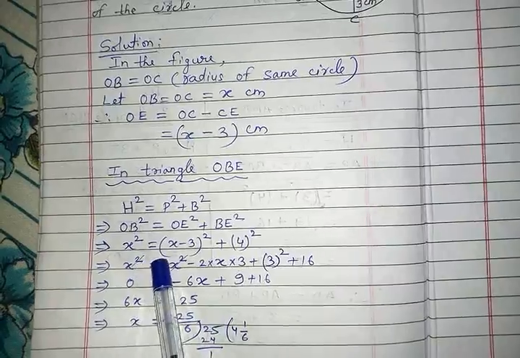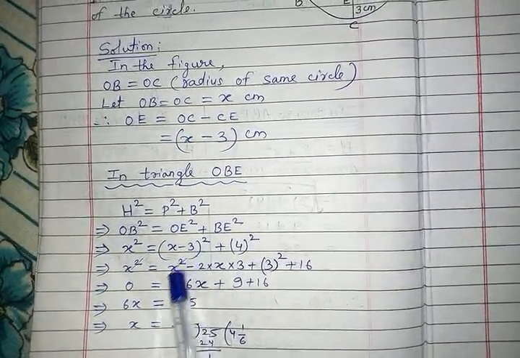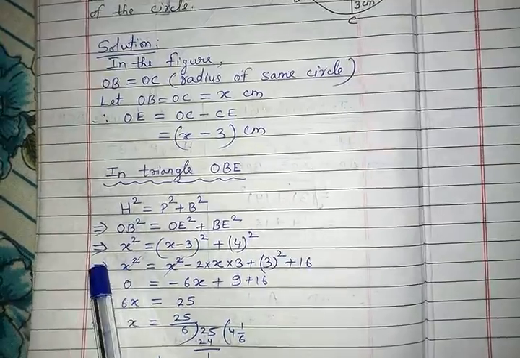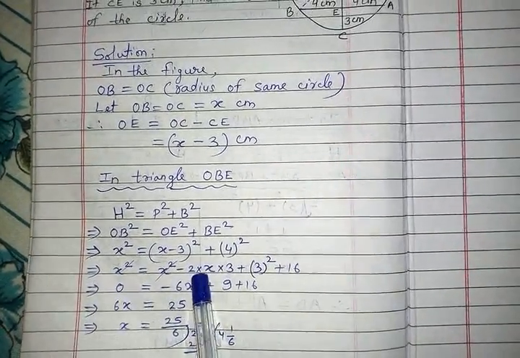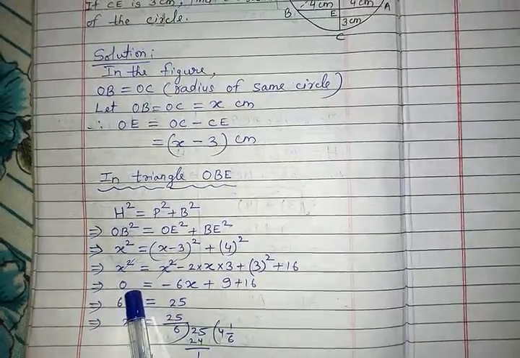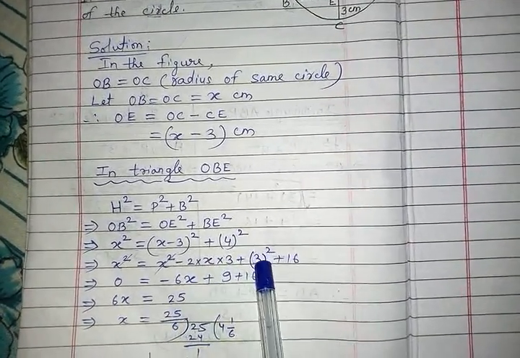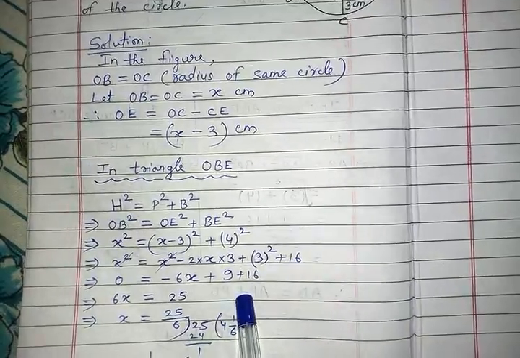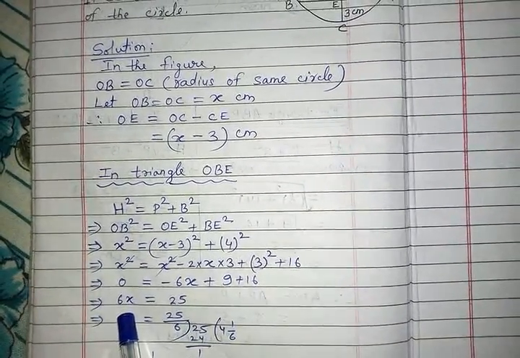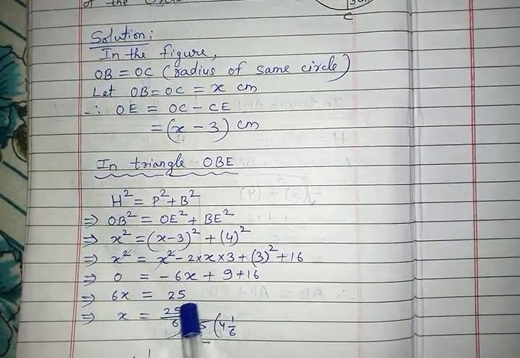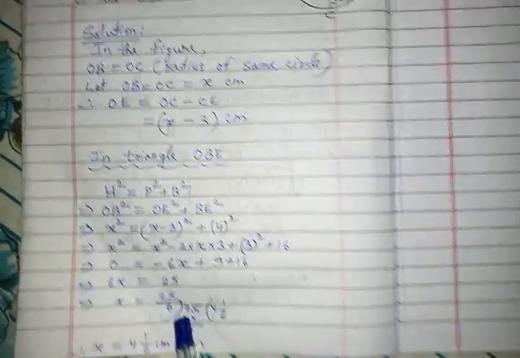Now X square on the left hand side and X square on the right hand side can be cancelled, because when they come to one side, one will be plus, one will be minus. So we can cancel. Now nothing remains on the left, 0, and the right will be minus 2 into 3, that is minus 6x, plus 3 square is 9 plus 16. So this minus 6x comes to this side, plus 6x equal to 9 plus 16 is 25. So x equal to 25 by 6.